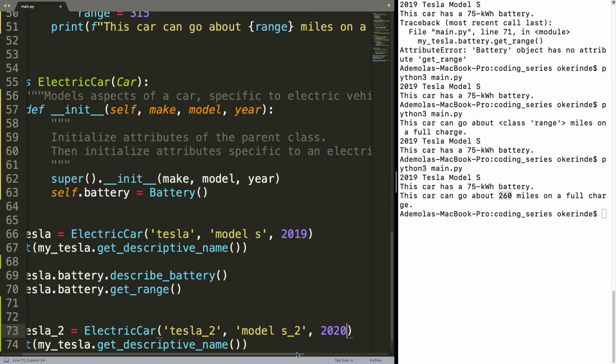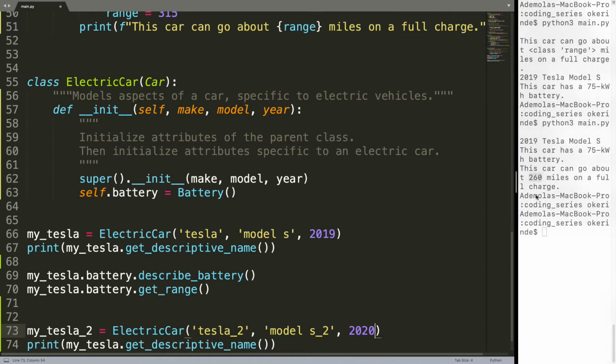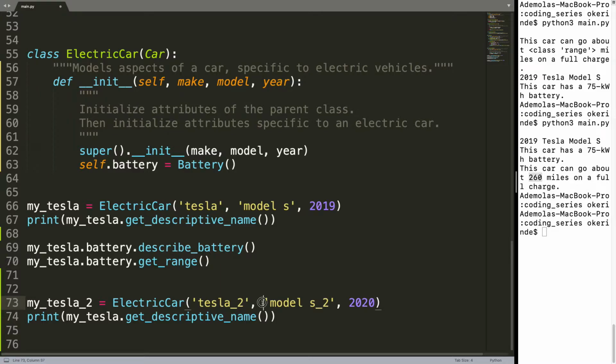Okay, so we can now use that reference to be able to do whatever we want to do with that. So we can use that to get the,